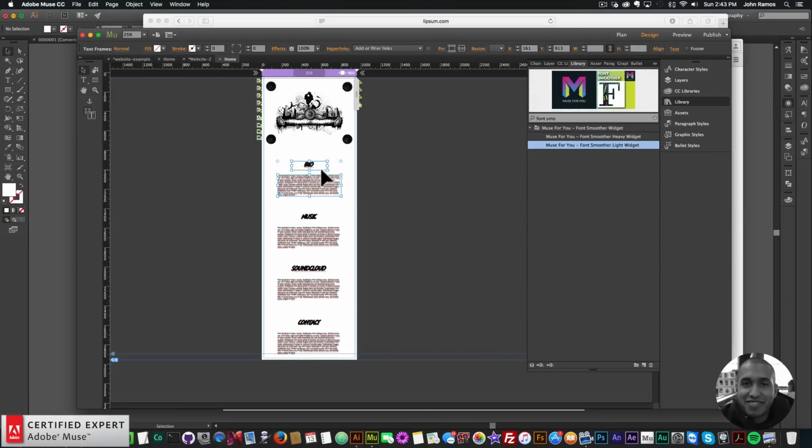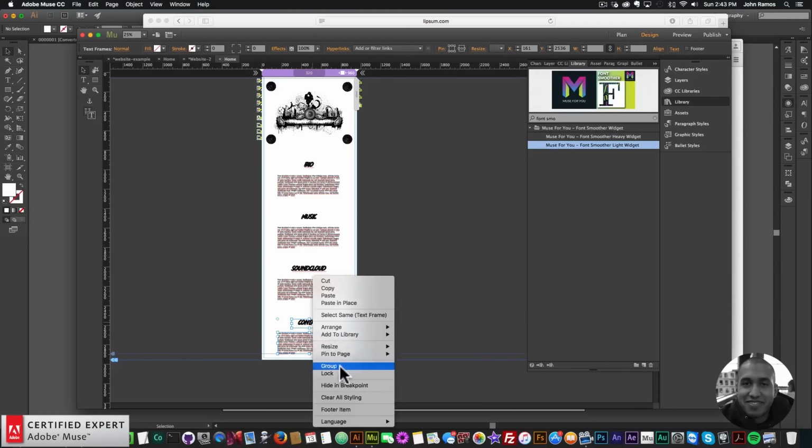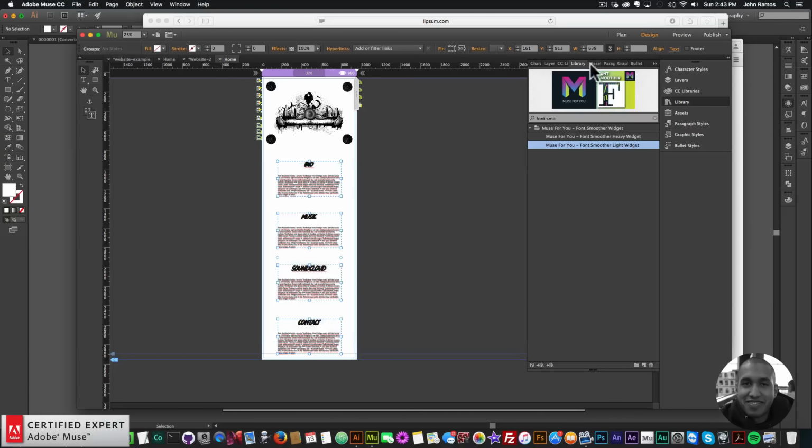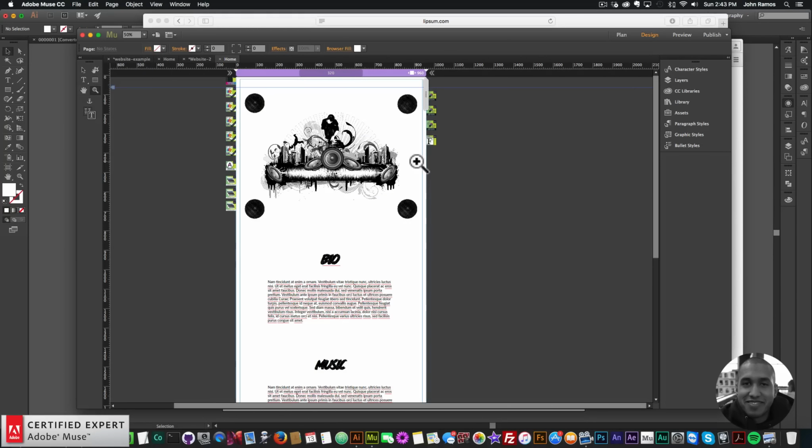If I did want to make sure the spacing was exact, I could just highlight all of these, right click, Group, for each of them. Then I'll select them all. I'll say Align to selection, and then I'll distribute the spacing vertically. So now they have the exact spacing between each of these. All right, so those are our different sections, and now what I want to do is add anchor points